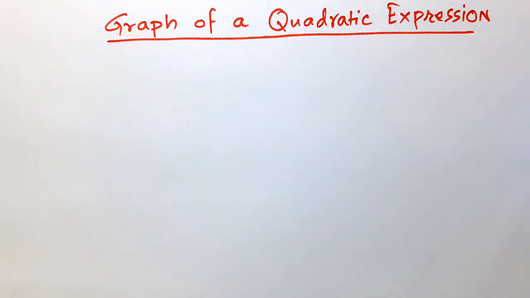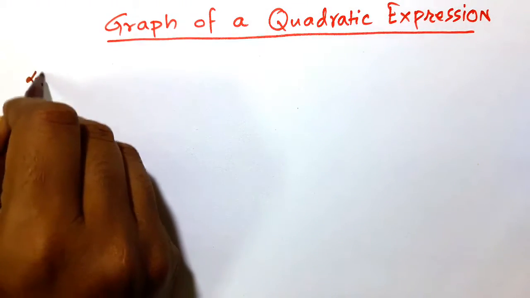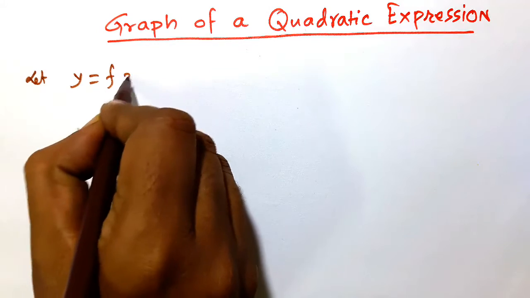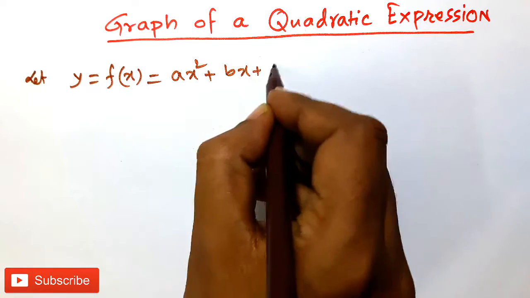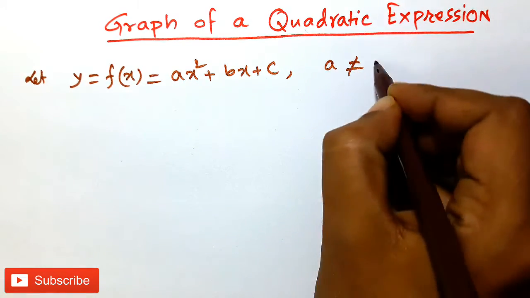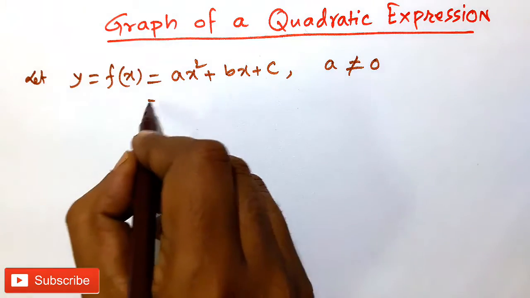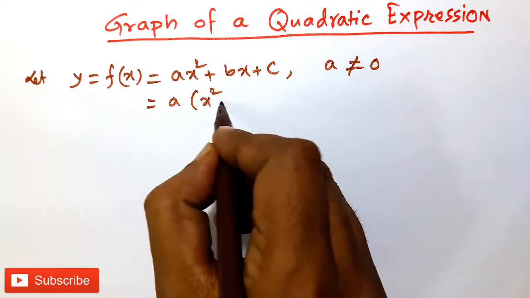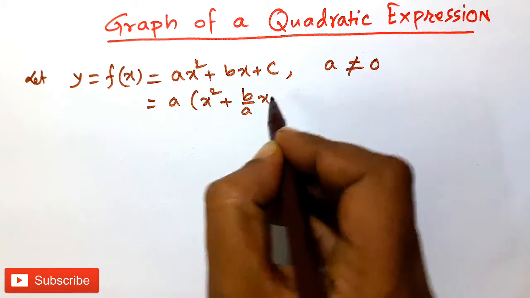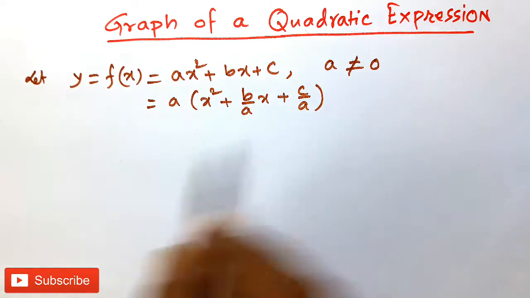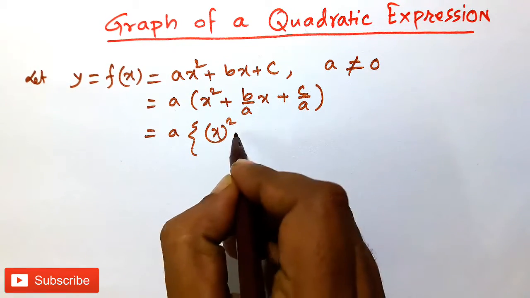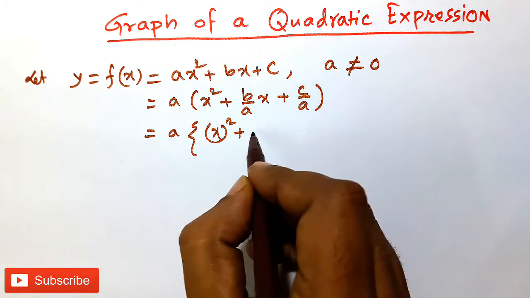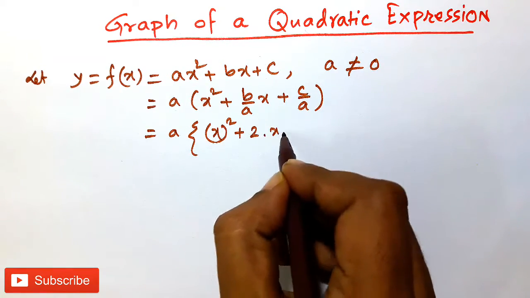Friends, today I shall show the graph of a quadratic expression. Let y is equal to f(x) is equal to ax square plus bx plus c, where a is not equal to 0. We take a common, so x square plus b by a x plus c by a is equal to x square plus bx by a, which can be written as 2 times of x into b by 2a